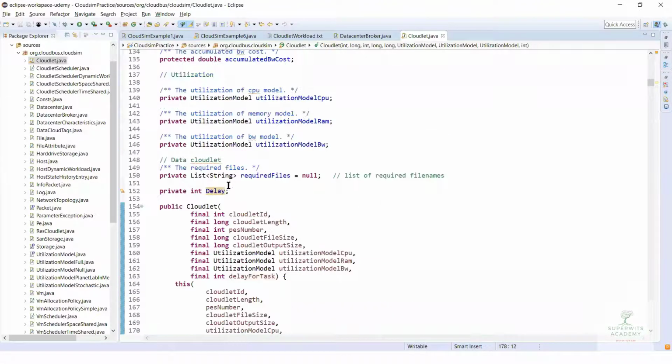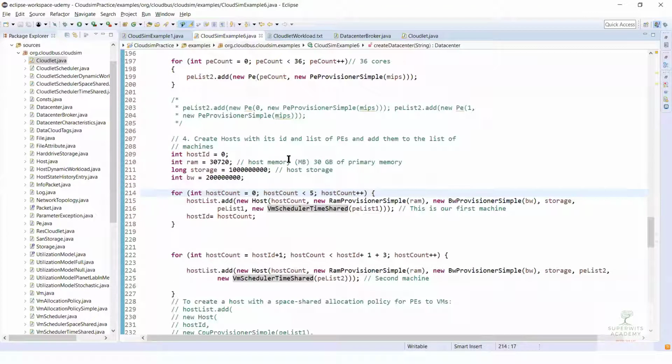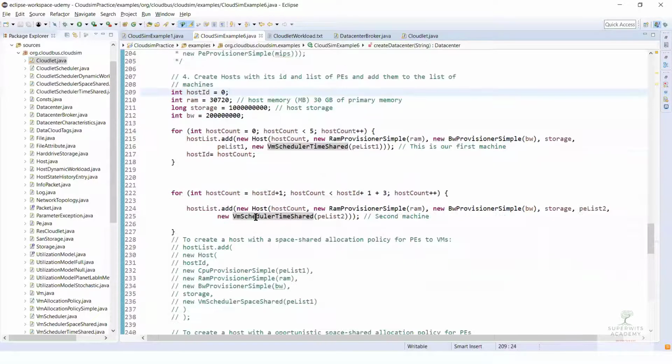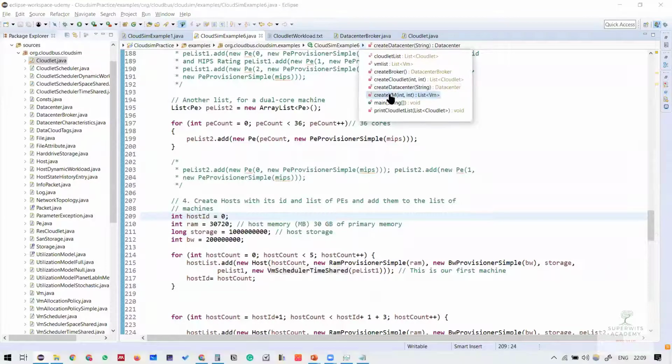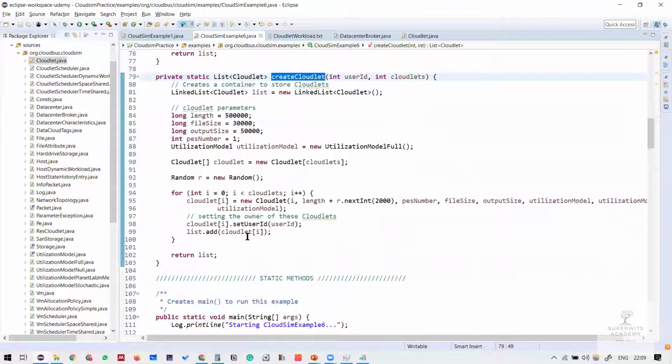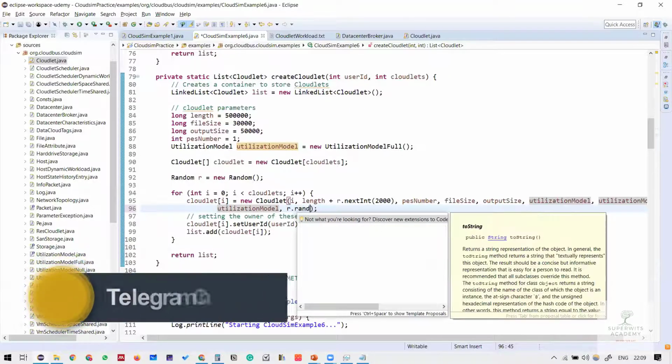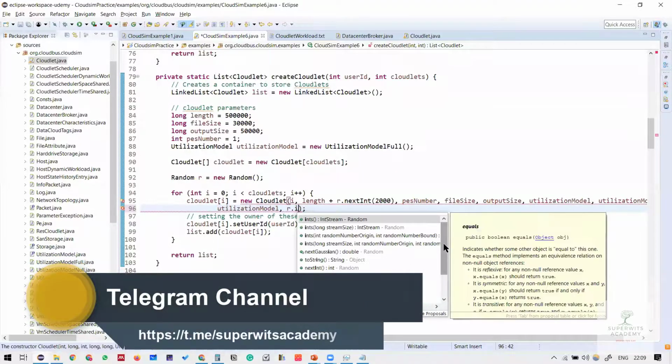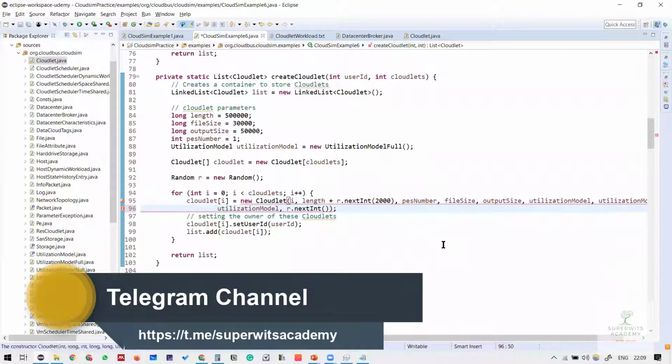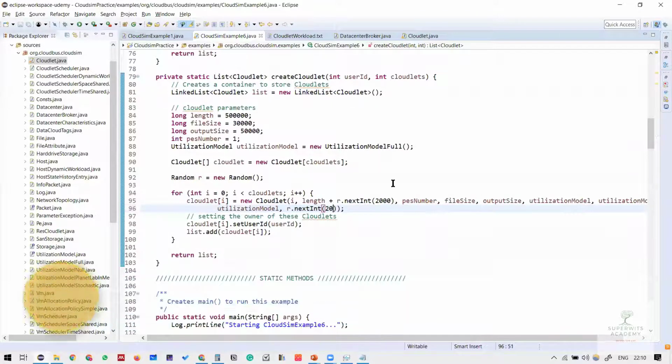So what we did is we added the parameter of delay to the cloudlet. And while defining the instance of my cloudlet, let me go here within the create cloudlet method. While defining this instance, I can do another r.nextInt, and that next int is up to, let's say, 20 seconds, so it will range from 0 to 20.